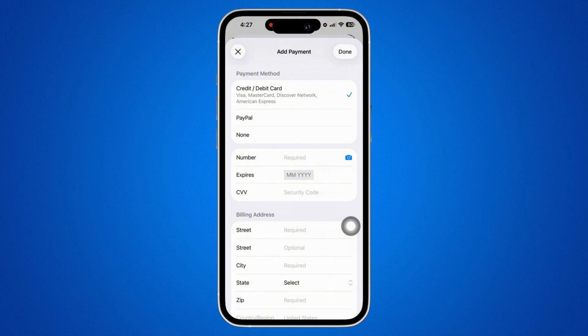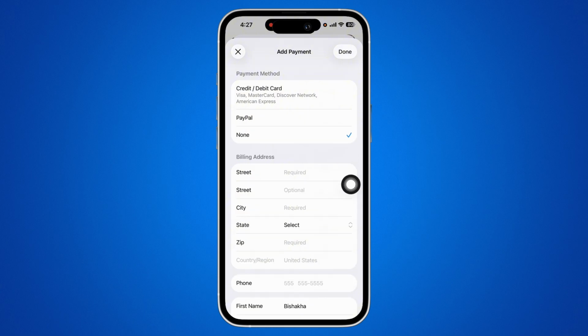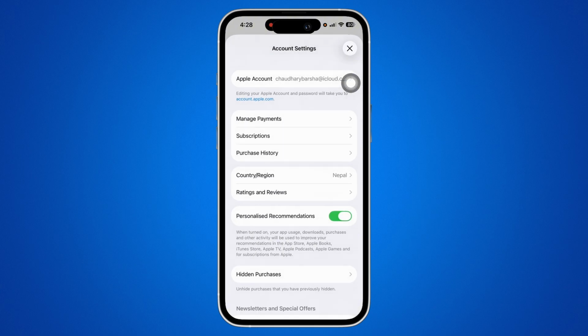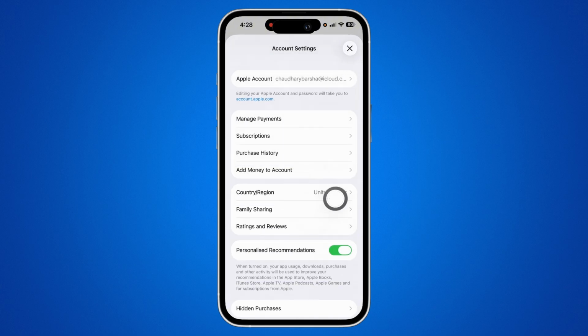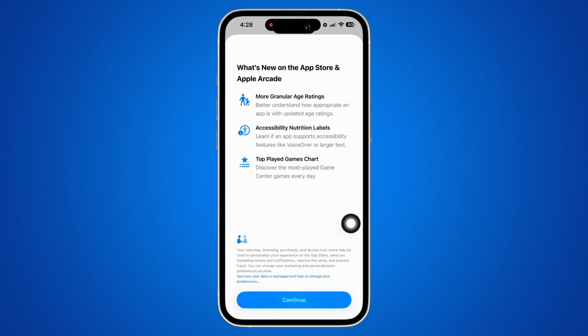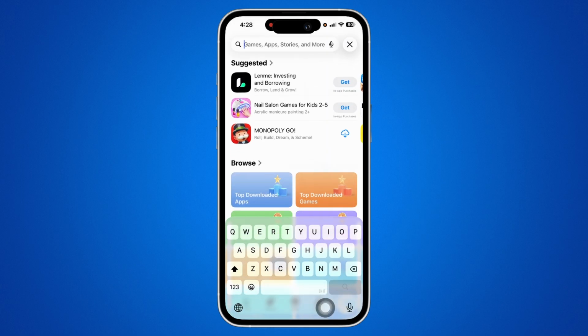Once accepted, you will be required to enter your billing address. So go ahead and enter your billing address. Now, once you have entered your billing address, simply tap on the done option on the top right of your screen and wait for the process to be completed. Now, once your country and region has been changed successfully, go back to the App Store home screen